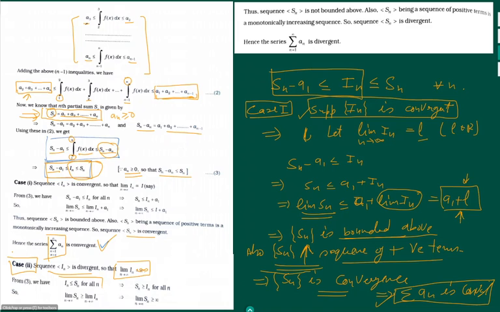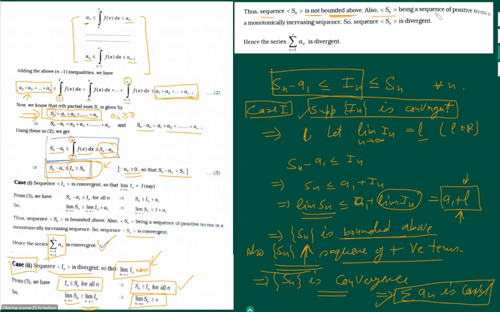So in is less than or equal to Sn for all n from here, and that implies Sn is greater than or equal to in for all n. And Sn greater than or equal to in for all n means the limit of Sn is greater than or equal to the limit of in, but the limit of in is infinity, so the limit of Sn is greater than or equal to infinity. And that means the sequence Sn is not bounded above, because the limit of Sn being greater than or equal to infinity means the limit of Sn does not exist. So Sn is not bounded above.